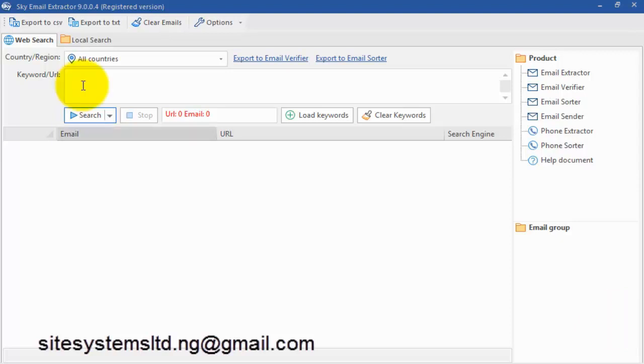Okay. The first thing we are going to be doing here once you open the software is to enter a keyword or a URL that you are going to be searching your emails from. Okay. Now the first one we are going to use is the profession or a job title. Okay. Now let's use doctor for a start,